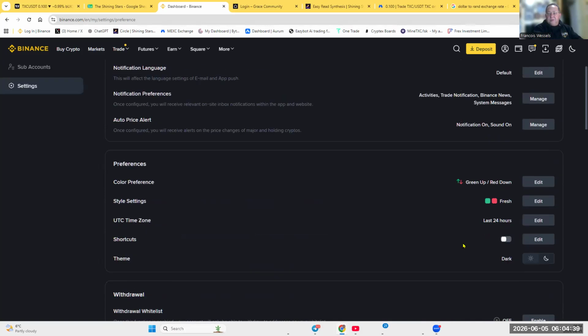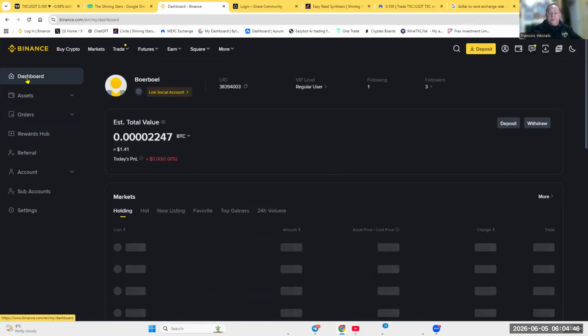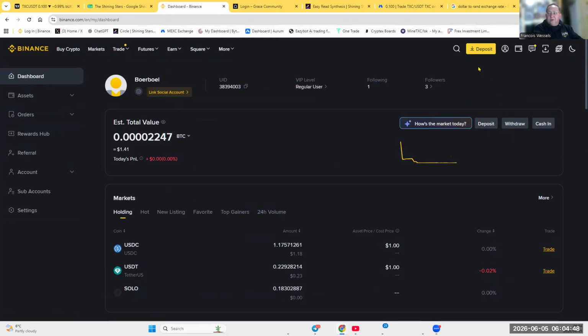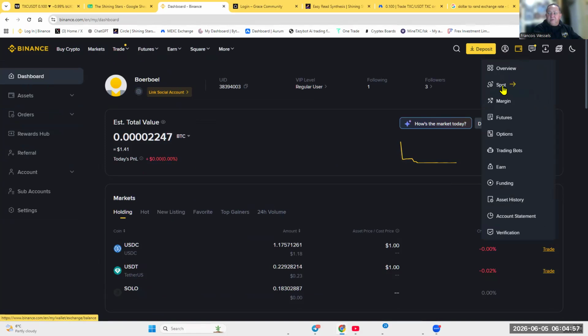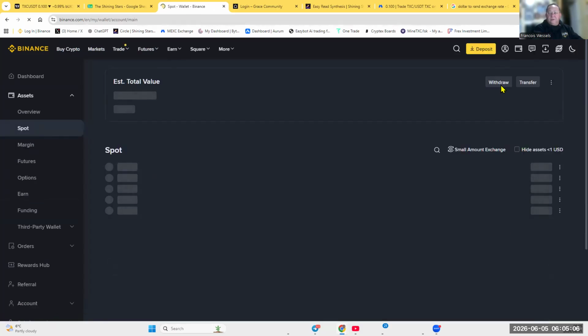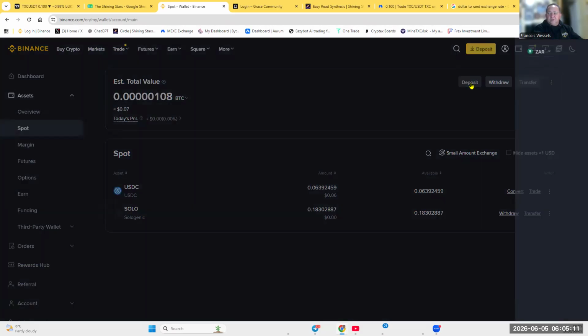All right, that being said, now let's go to the dashboard or to deposit. I'm going to do it that way as well. If you click on deposit, there are two ways of doing it. I always tell people, go buy a spot. Go back, if you're lost in your Binance account, always start at spot, in your spot account. So once I click on spot, I need to click on deposit.